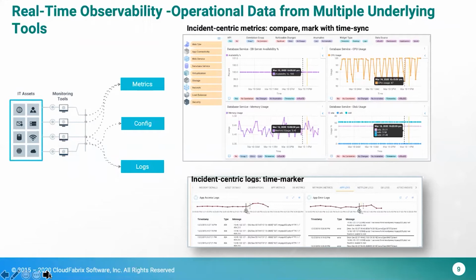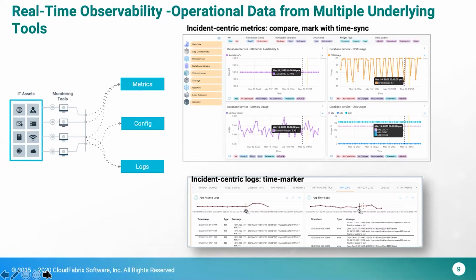We call it observation data, which means, let's say you have a database that is impacted, a web server that is impacted, and a network switch that has a potential dependency on this incident. I should be able to pull all the metrics. How does my CPU on this server look like? How does my IO, the traffic flow between the switches look like, or if it's a switch, is there any DDoS attack? So all the relevant information and the logs, how do the logs look like? All the information has to be pulled immediately at the time when somebody is looking at the incident. I should have all this information available in one place.